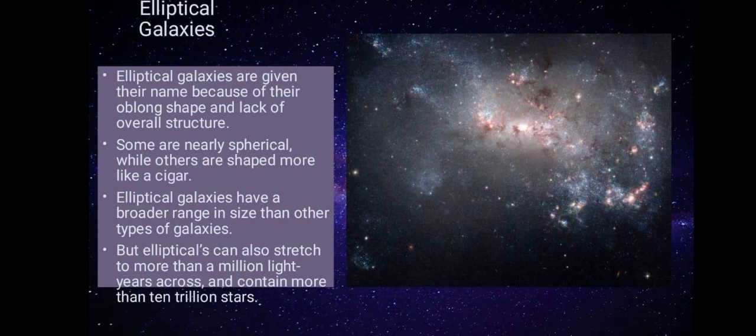The largest and rarest of these, called giant ellipticals, are about 300,000 light-years across. Astronomers theorize that these are formed by the mergers of smaller galaxies. Much more common are dwarf ellipticals, which are only a few thousand light-years wide. Elliptical galaxies can be defined as a sort of dying galaxy.